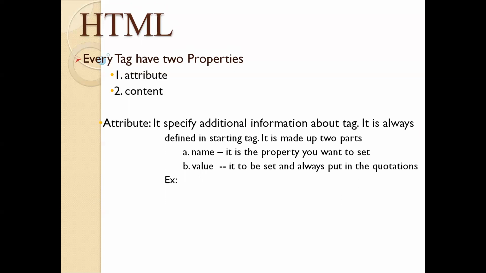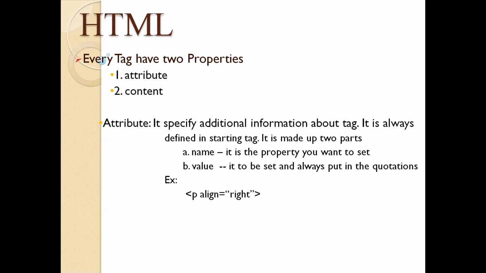Example. Let us have a look at what is an attribute, what is the name of that attribute, and what is the value of that attribute. For example, P means it is a paragraph tag. If we simply use P in between less than and greater than, it means a paragraph tag, and then we write some content and end that content with a closing paragraph tag. It means that the text between the start paragraph tag and end paragraph tag will be displayed as a paragraph with some default values, such as left alignment.